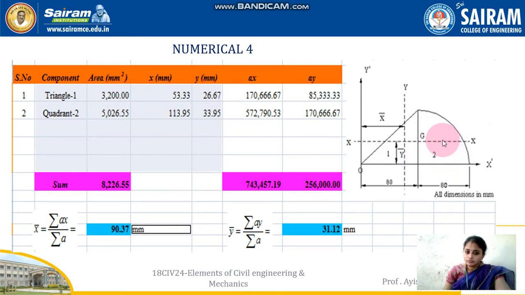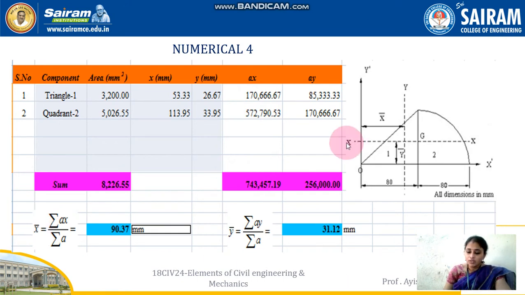If you use 4r by 3 pi, you will get to know. But one difference is the center point will be somewhere in between here, so from the axis to here you need to calculate. You know only the formula for this particular portion, which is 4r by 3 pi. So the remaining distance is 80. So x2 is 80 mm plus 4r by 3 pi, whereas y2 has no remaining distance. Straight away from the axis it is only 4r by 3 pi. So you can make Ax and Ay for it, do the summation of areas, and finally you will get the answer using the x bar and y bar formula.